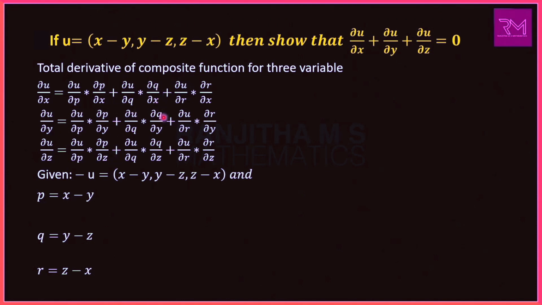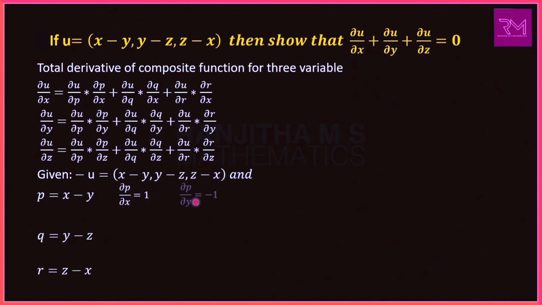Similarly, del q by del x, del q by del y, del q by del z values. Similarly, we have to find del r by del x, del r by del y, del r by del z. For that, we have to differentiate these p, q, r terms partially with respect to x, y and z. We get the value as, first, del p by del x, here we have to differentiate this term partially with respect to x, means treating y as constant,